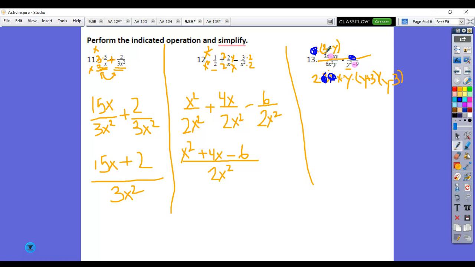Now, we have to be careful. This is 3 minus y on the top. It can cancel this y minus 3 on the bottom, but when the order is reversed with minus, I need to leave a negative sign. So this can cancel out this one,